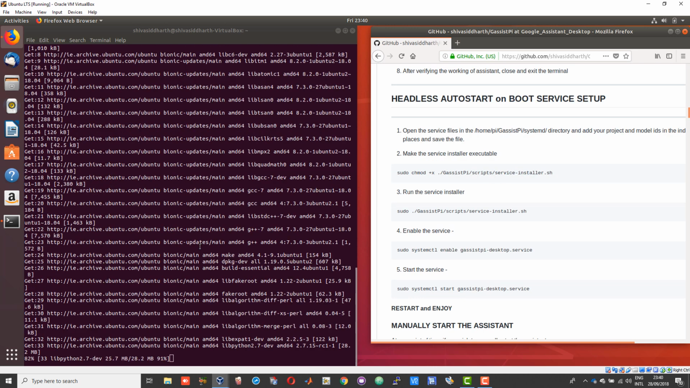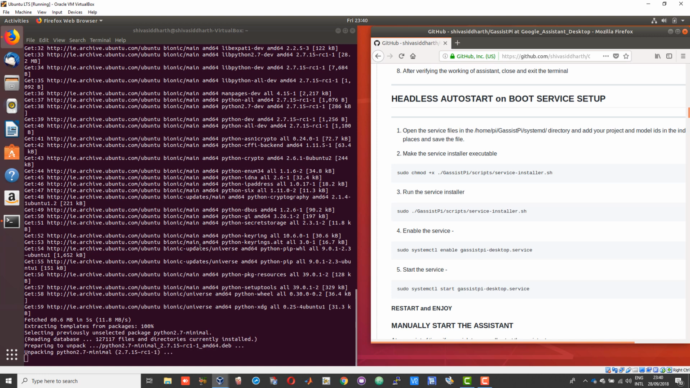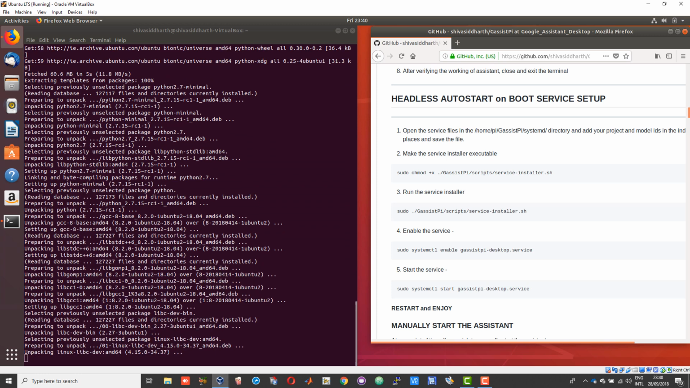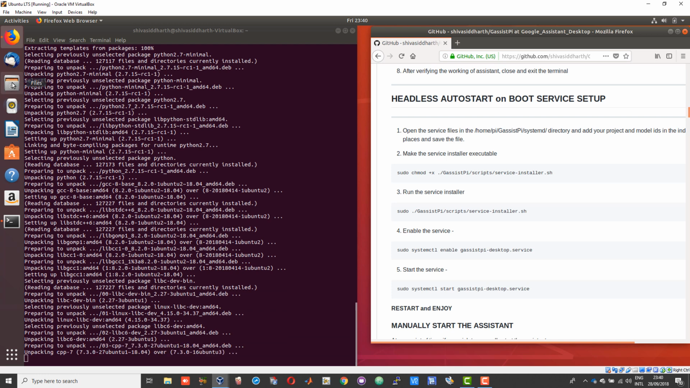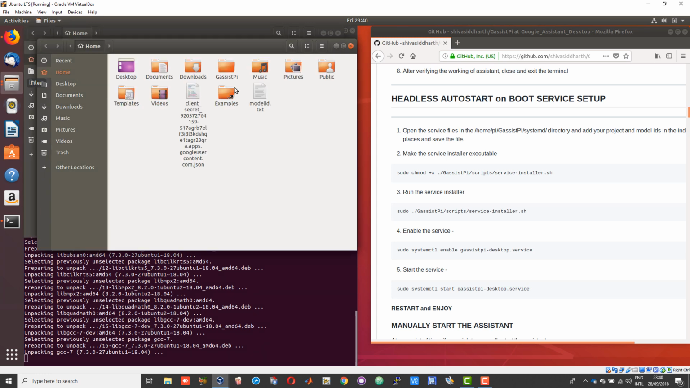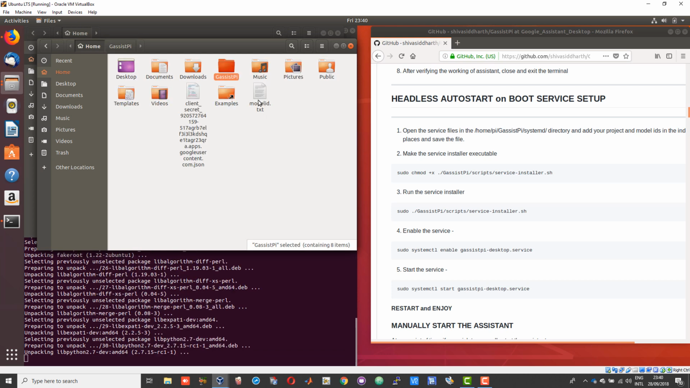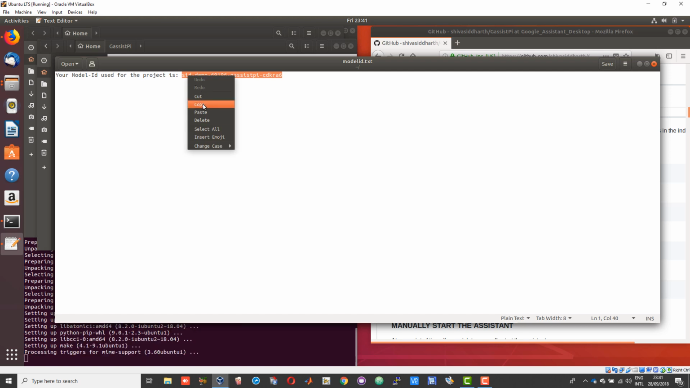So this will take quite a while, so relax a bit, go for a walk or a jog or whatever. So in the meanwhile, what you can actually do is you can get your service files ready. So double click and open your project folder, and if you see here in your home directory, you will have a file called modelid.txt. The installer will save your model ID over here. Just copy that